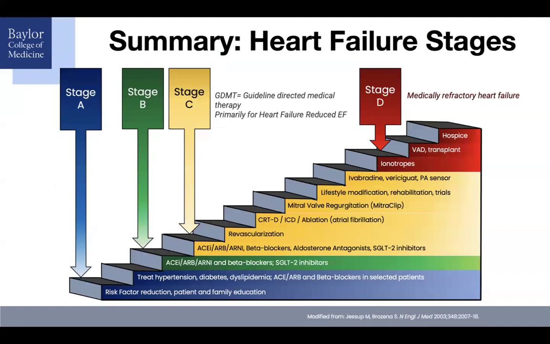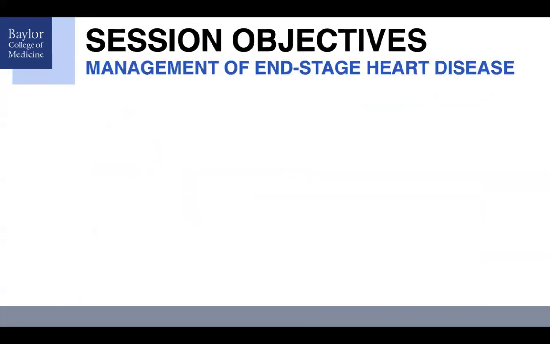So in summary, we want to look at these patients by their AHA classification. We want to try to mitigate heart failure, for those of you going into primary care as well as cardiology. We want to treat the hypertension, the diabetes, the dyslipidemia. Stage B, you want to treat with therapies, including stage C. And then finally, identify those patients who have stage D early so we can offer advanced therapies to them early.